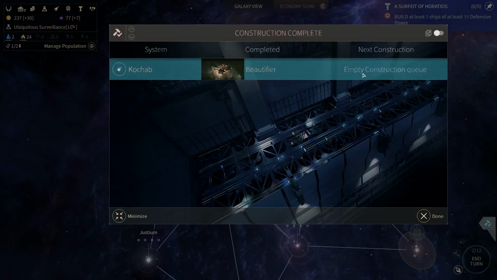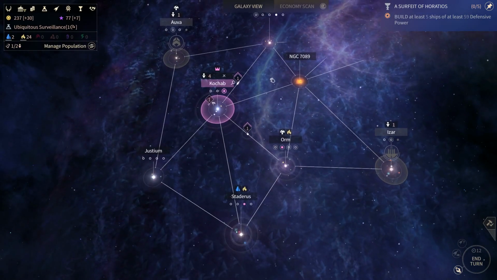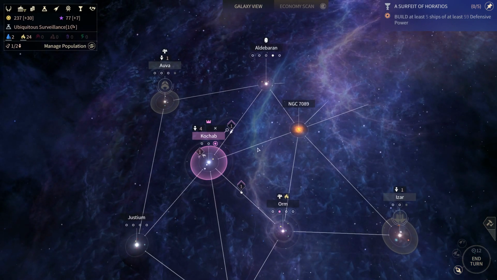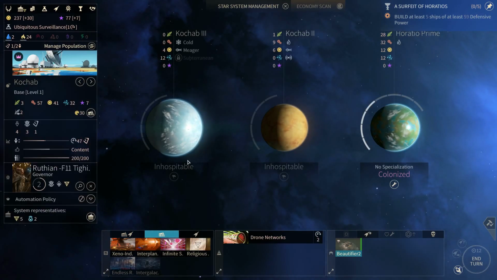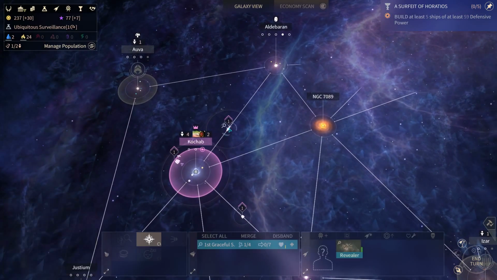Right, that colony ship is done. How many more systems can I colonize nearby? I need to figure out what tech I need to colonize that system more than likely. I think I should probably get some industry up here. Let's get that up. So I'm going to take 2 turns, surprisingly quickly actually. Quick that. Do I have...